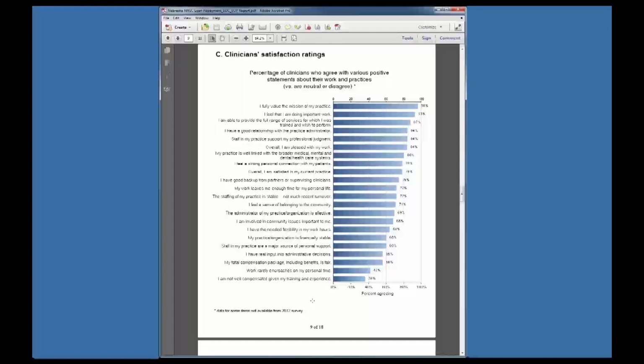And the classic one for this is paperwork. If you ask clinicians how satisfied they are with that, it's at the very bottom of your list. I guess we didn't ask that here. But we all are giving up and saying, no matter where we work as clinicians, we're going to have paperwork. So we're not happy about it, but it's not a reason we go someplace else.